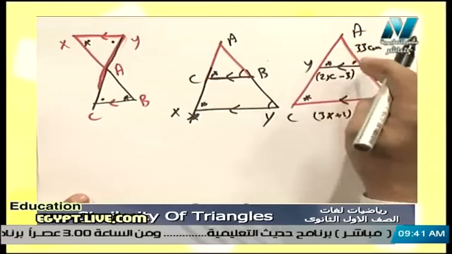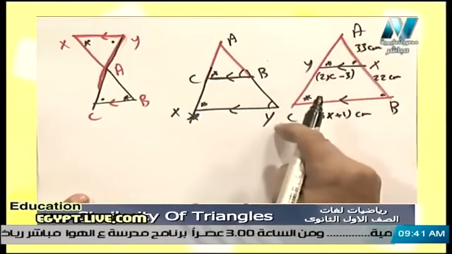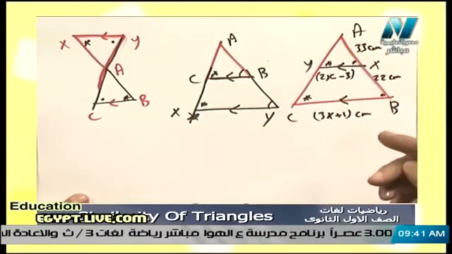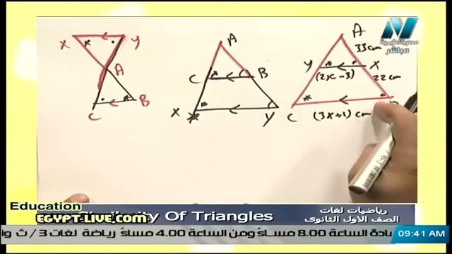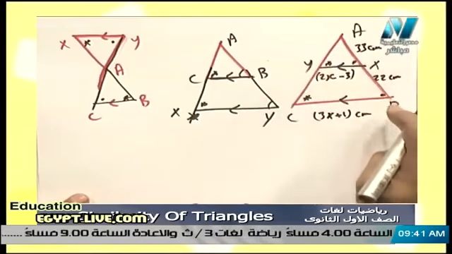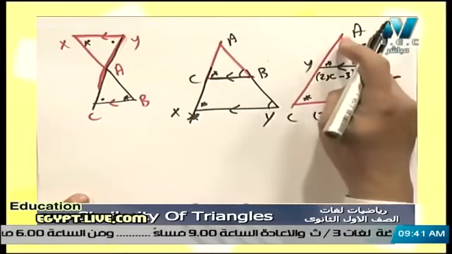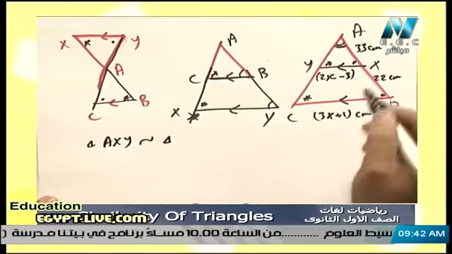If we want to talk about steps, we have measure angle AXY equal measure angle B, corresponding angles, because XY is parallel to BC, and we have also measure angle AYX equal measure angle ACB, corresponding angles, and we have also measure angle A is the common angle between the two triangles, the small one and the big one. So we can say that triangle AXY is similar to triangle ABC,